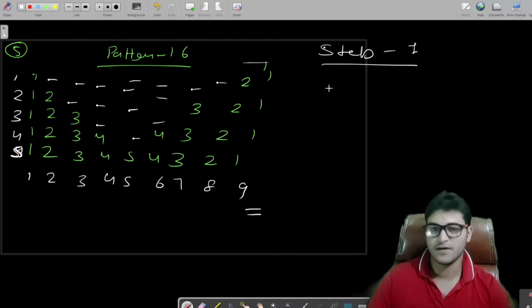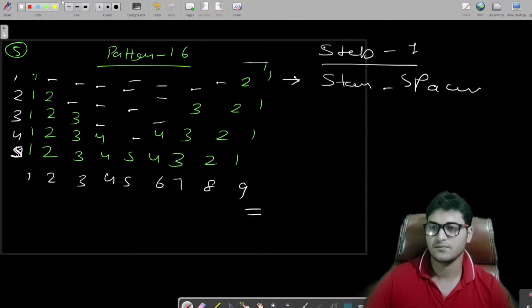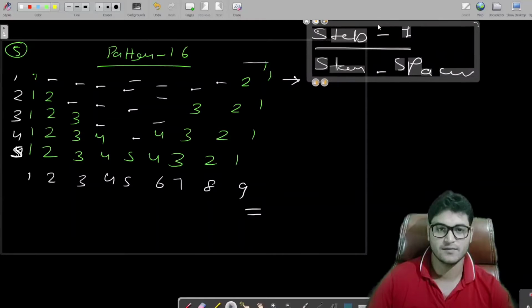So if you look at here, for the first row, how many stars and how many spaces do we have? Let me make it a little bit upward. Fine.